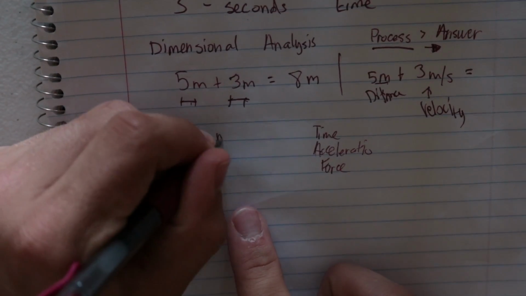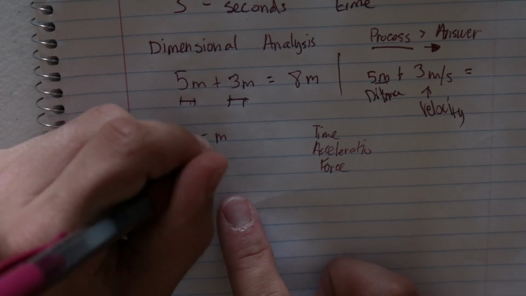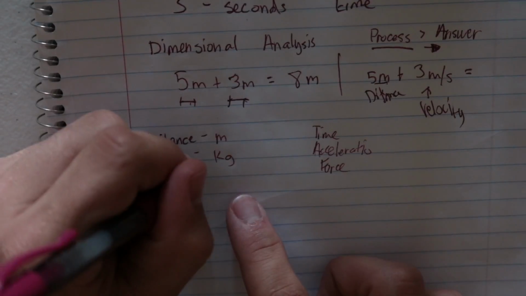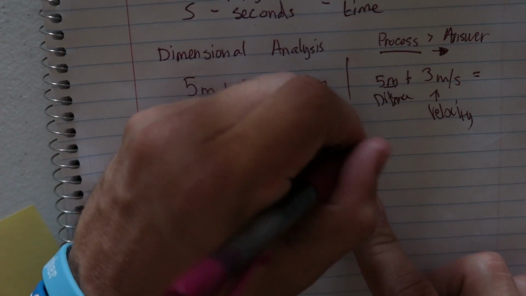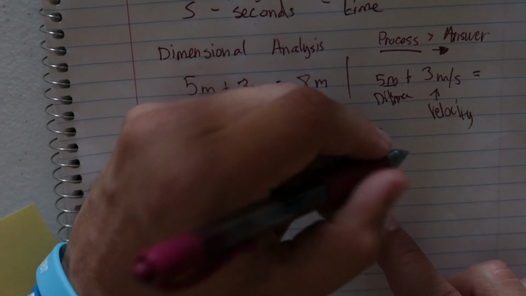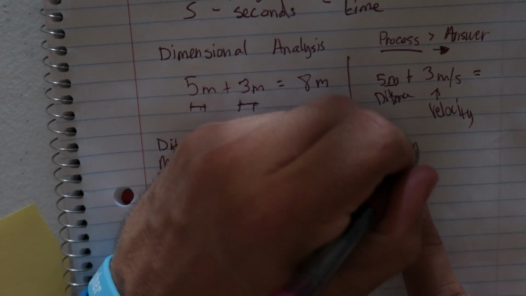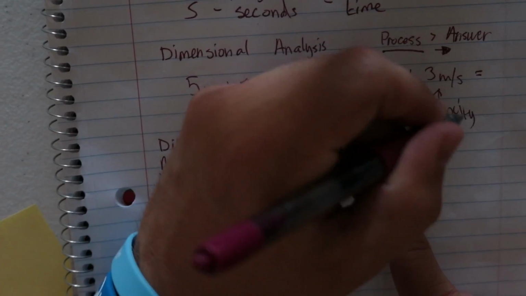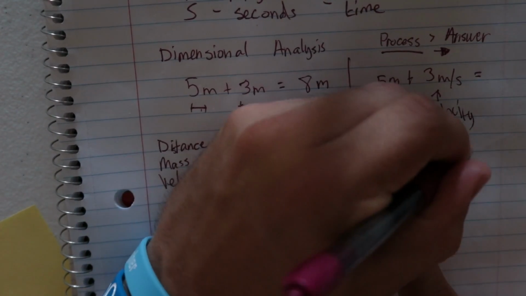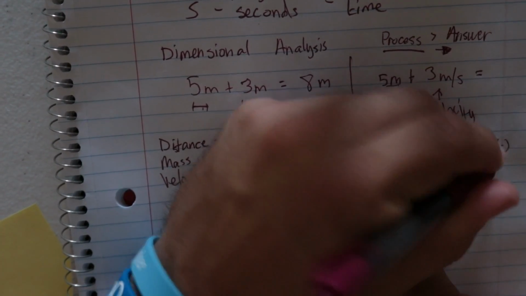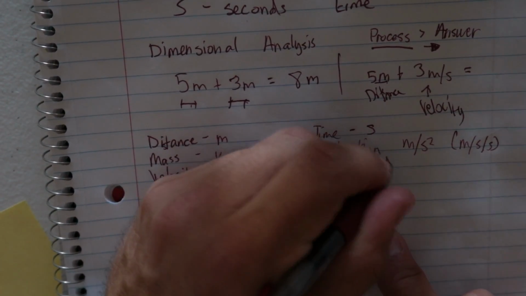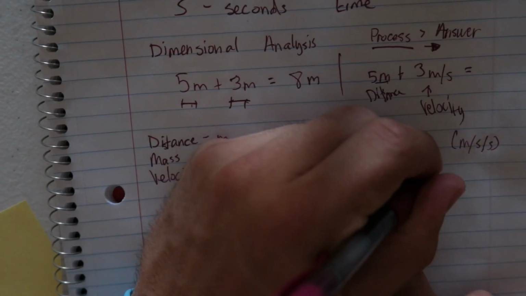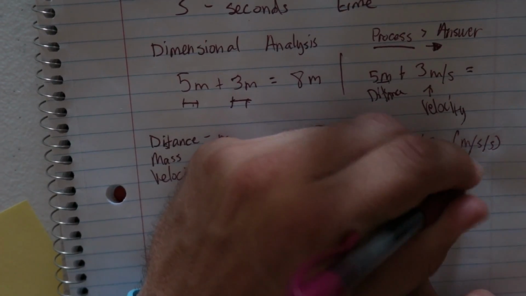Distance is measured in meters. Mass is measured in kilograms from the MKS system. Velocity is measured in meters per second. Time from the MKS system is measured in seconds. Acceleration is meters per second squared, or could also be meters per second per second. That's for acceleration. Force is going to be in two things, and that's going to be newtons or kilogram meters per second